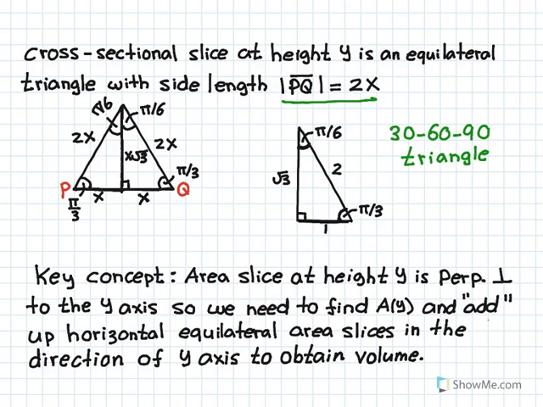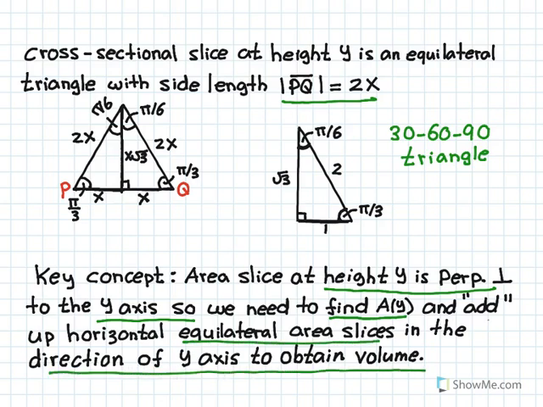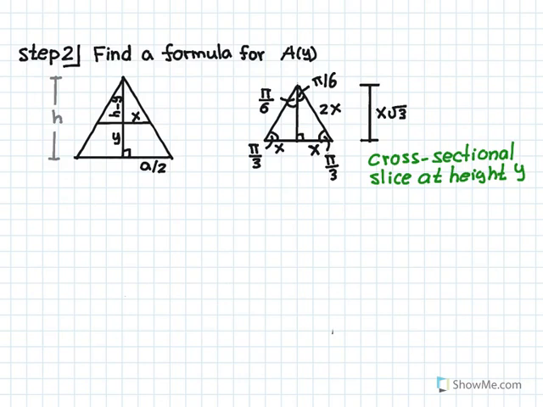All right, so the key concept is that the cross-sectional slice at height y is perpendicular to the y-axis. So we need to find the cross-sectional area as a function of y and integrate in the y direction. That's what the integral does. It adds it up. We add up the horizontal equilateral area slices in the direction of the y-axis to obtain the volume. So the challenge here is to find a formula for the cross-sectional slice as a function of y. So the slice area